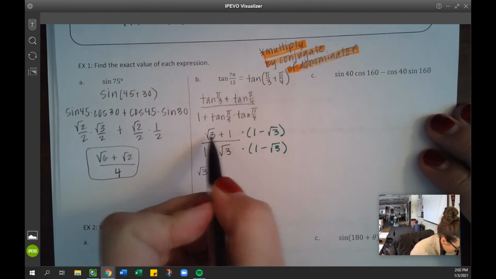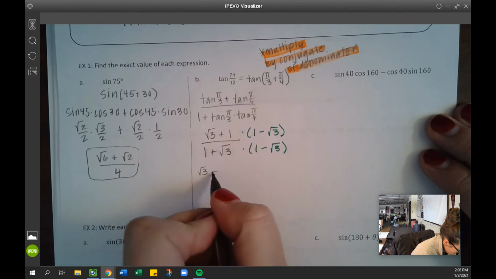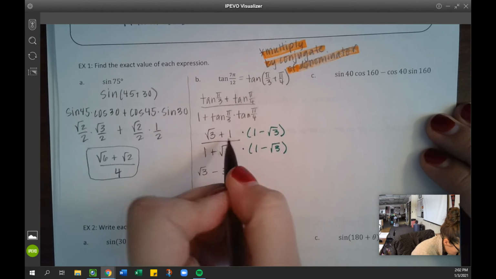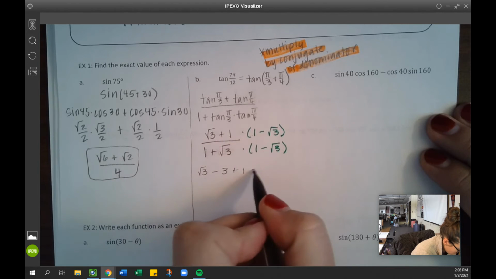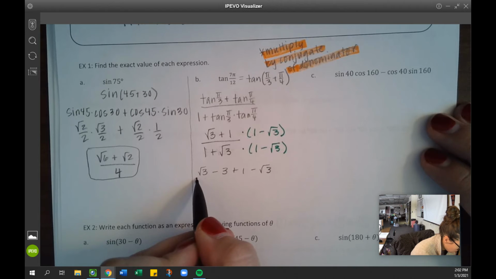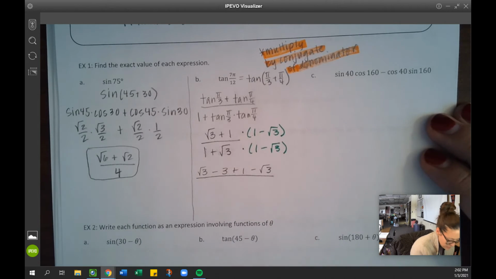So we did square root of 3 times 1 is square root of 3. Square root of 3 times square root of 3, I get that minus 3. 1 times 1 is 1. 1 times the minus square root of 3 gives me minus square root of 3. Okay, then here,